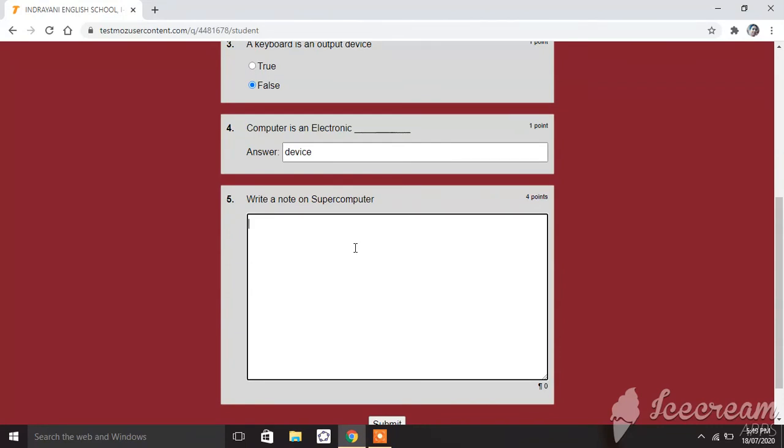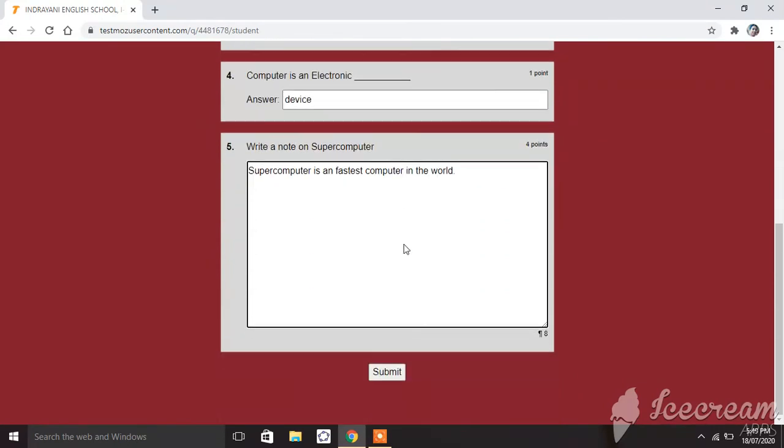Write a note on supercomputer. Supercomputer is a fastest computer in the world. Okay, then when everything will over, student will click on submit.